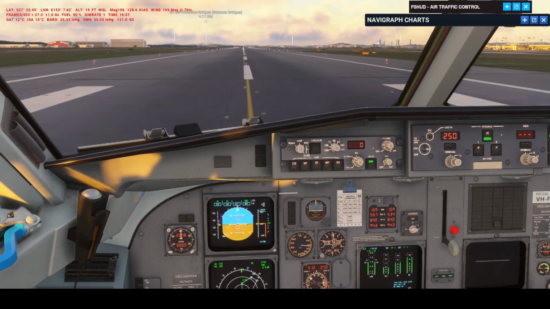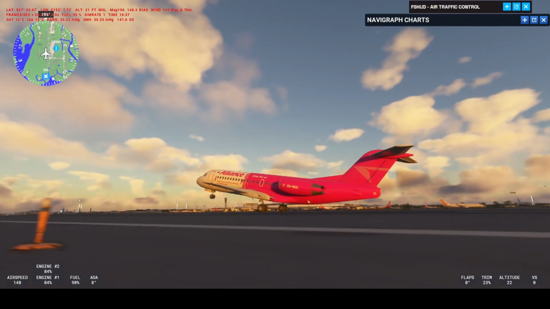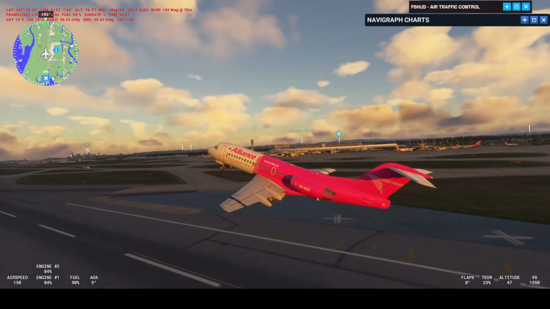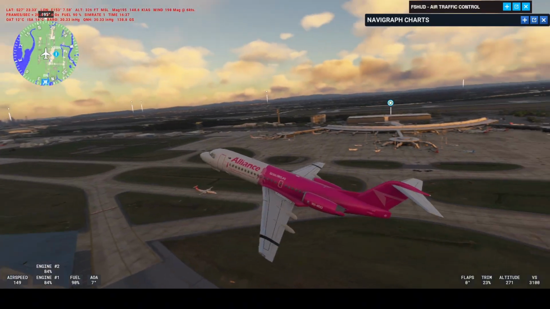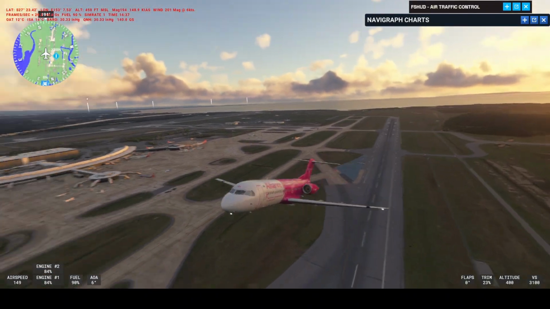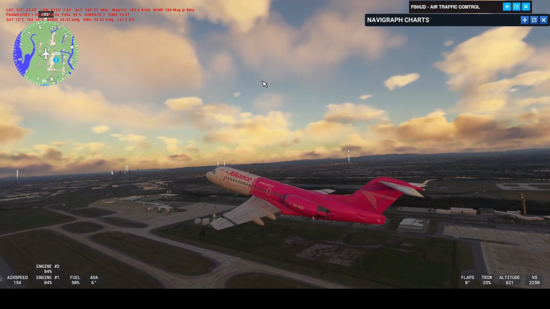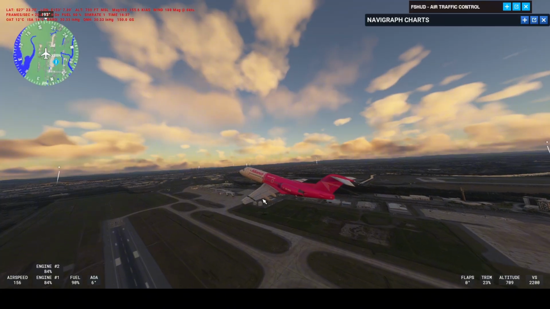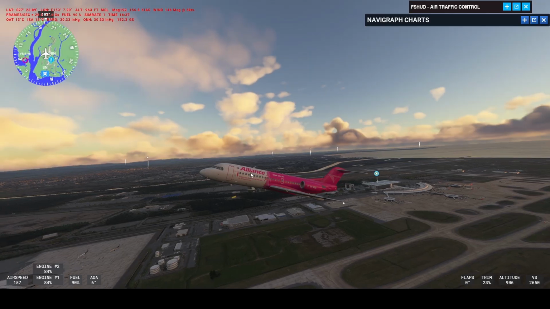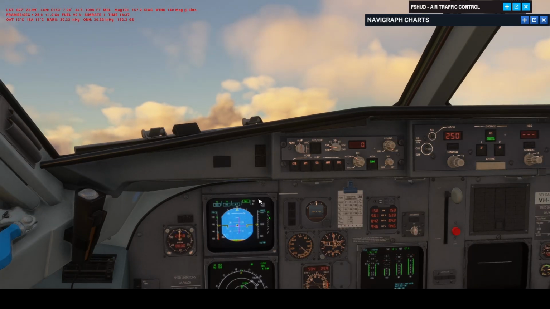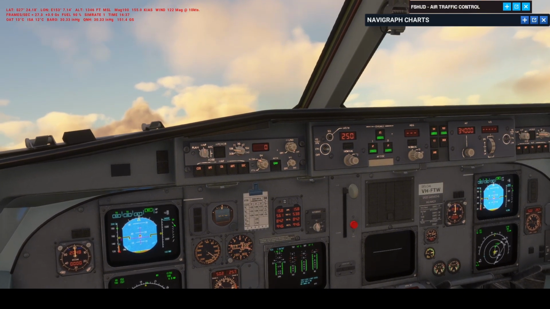And then we'll go outside and enjoy the takeoff. Not quite the silver bullet I was going for, but we've got the lovely hot pink pocket rocket. It's a stunning livery. Actually, it's quite a nice livery, all for the right cause too. And yeah, it's great. Nice little livery here, and we're just going to go into automatic mode now and enjoy